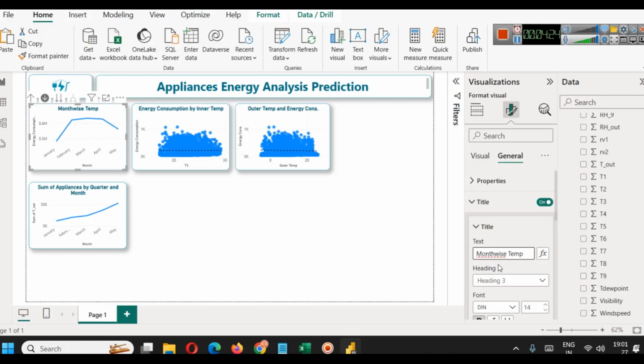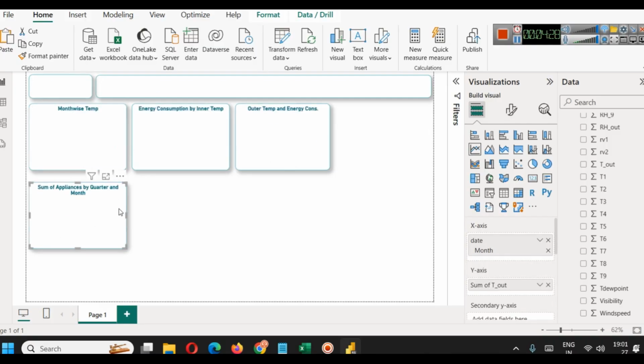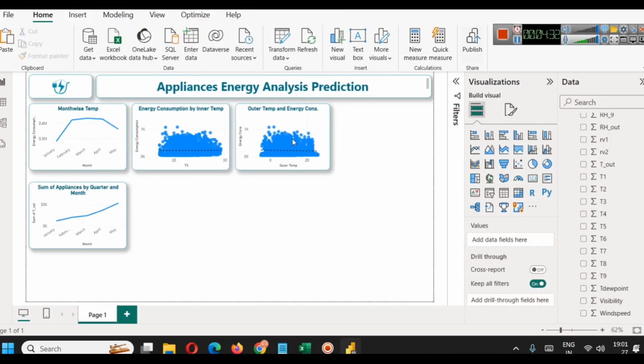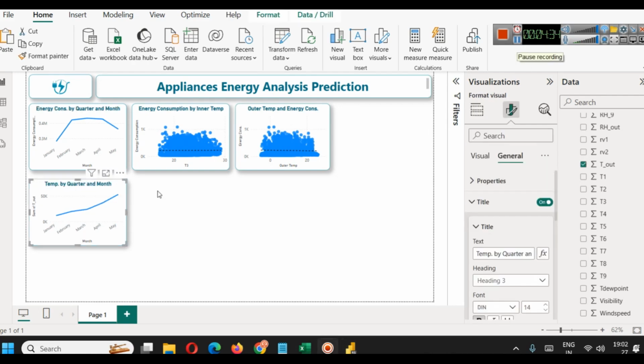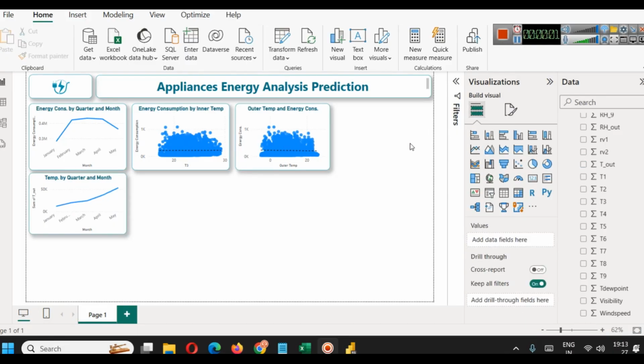In month wise temperature we can easily see, actually we have to change it here, let me correct that. As we have created a simple relation plot between energy consumption and inner temperature and outer temperature,